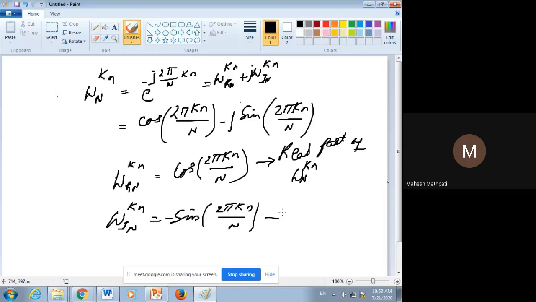Now, what is the range of the variation of n here? n is varying from 0 to N minus 1, and k is also varying from 0 to N minus 1. Are you getting this point? Yes, sir. Okay, you just write: we observe that